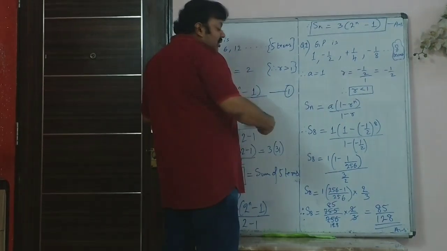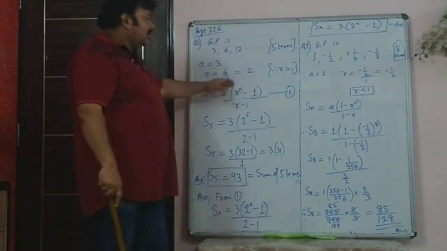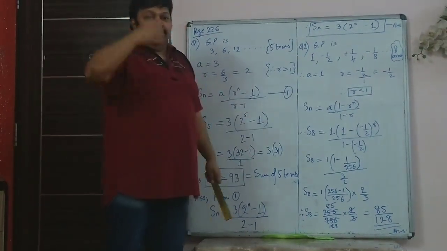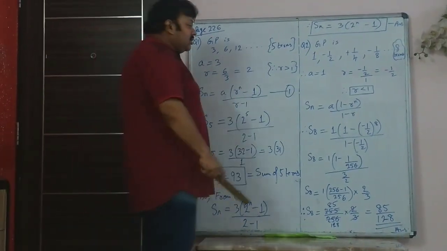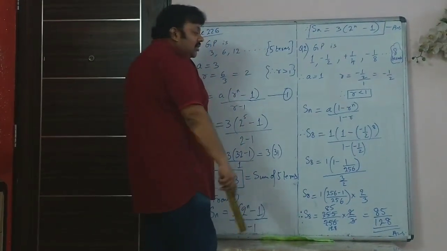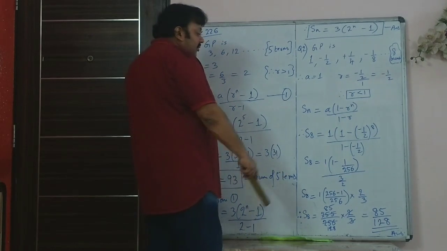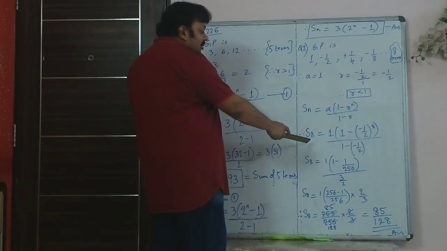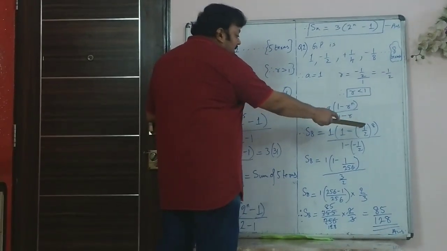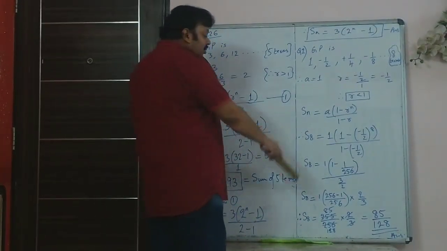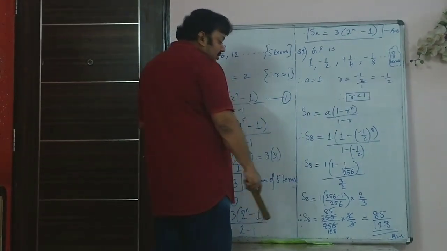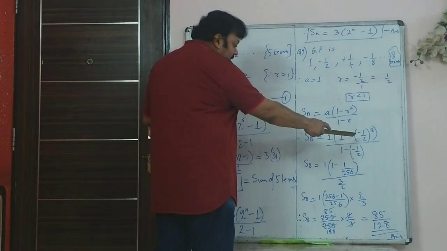So therefore you use the other formula. Here it was greater than 1, so this formula and that formula are slightly different. You had written the formula for 3 cases. So S of n is A into 1 minus R raised to n, in this case, upon 1 minus R. So S8, the sum of 8 terms, is 1 into 1 minus half raised to 8 upon 1 minus half.